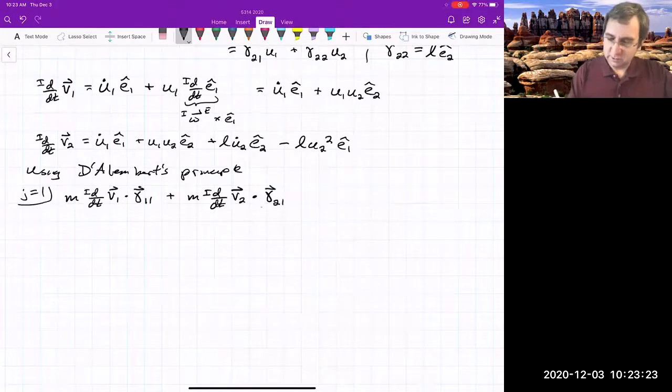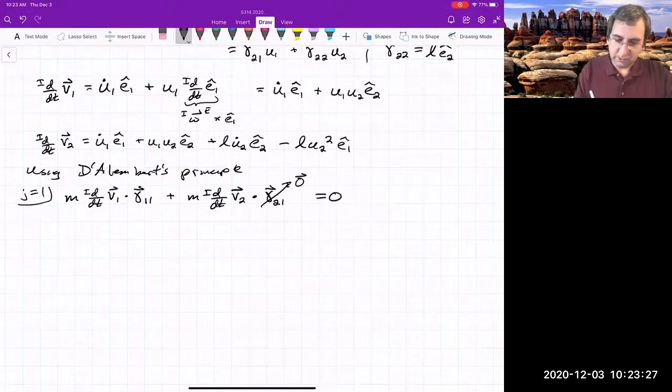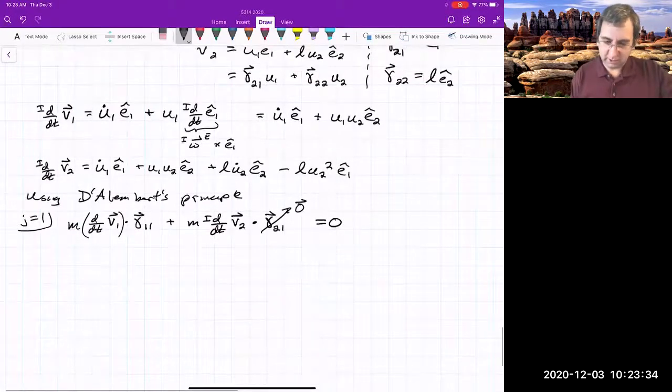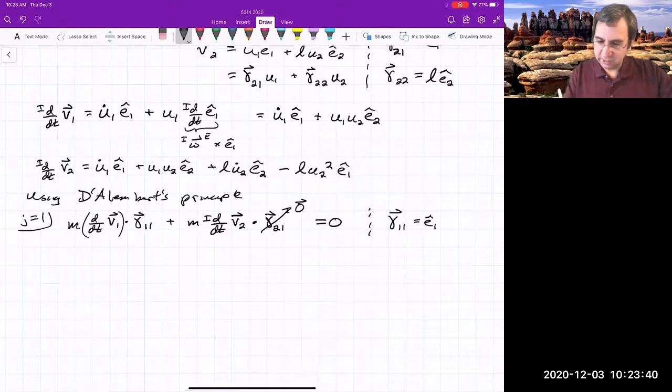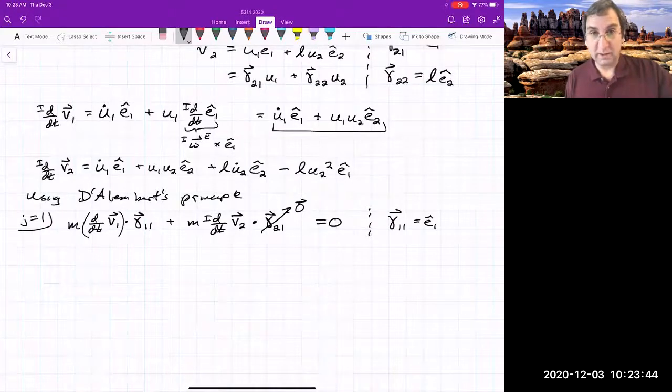This gamma 2, 1 was equal to 0. So that goes away, and this is all equal to 0. So we're just taking this dot product. Remember what gamma 1, 1 was? Gamma 1, 1 was just equal to E1. So we're taking, let's look up here, the dot product of that thing with E1,